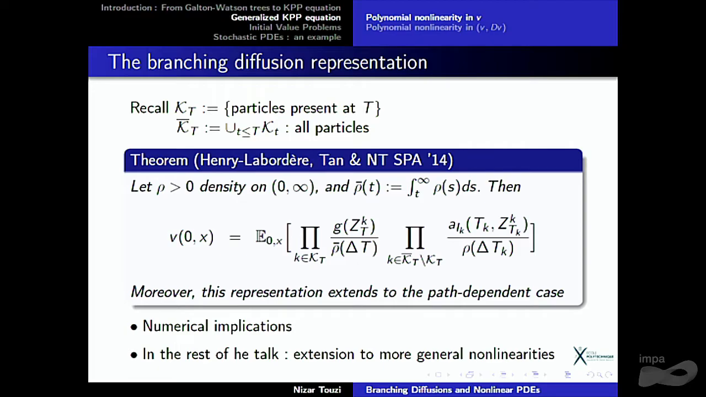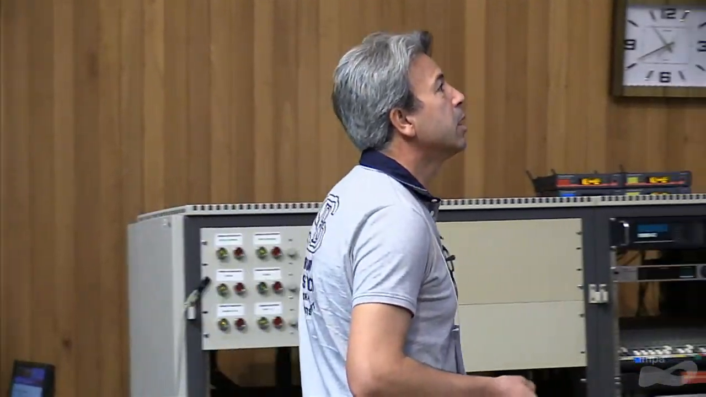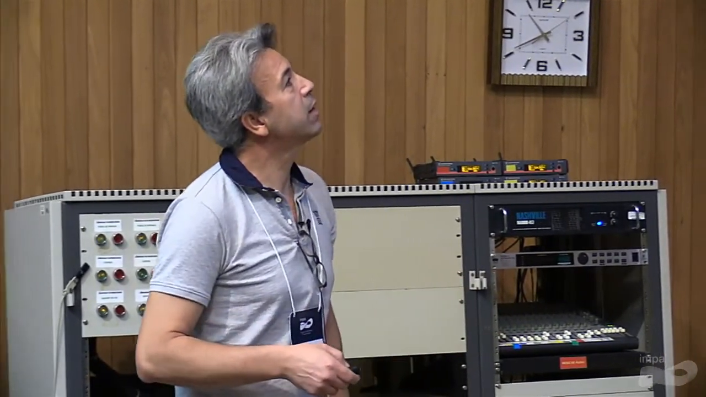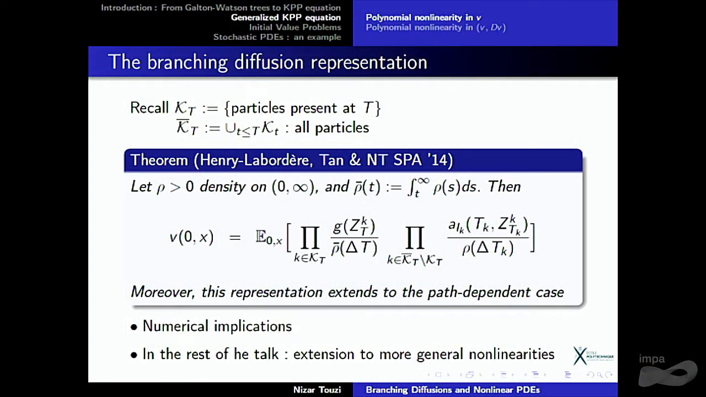Okay, so as I said, a numerical implication is that you can do Monte Carlo very cheaply because you don't have these multiple regressions to do. But typically the result is that this holds true if capital T is small enough. I didn't put all the conditions here. We will have another result which contains the conditions. So